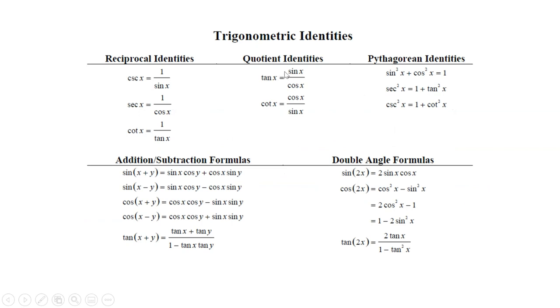The quotient identities, one of which we just talked about, that tan was sine over cosine. Cotangent, of course, is cosine over sine. The Pythagorean identities, we also used when we were coming up with the derivative for tan. It works out to be sine squared plus cos squared equals 1. Then there are some addition and subtraction compound angle formulas, and then the double angle formulas, sine of 2x, the cosine of 2x, etc. So these are things that you may need to use when you're solving these trig